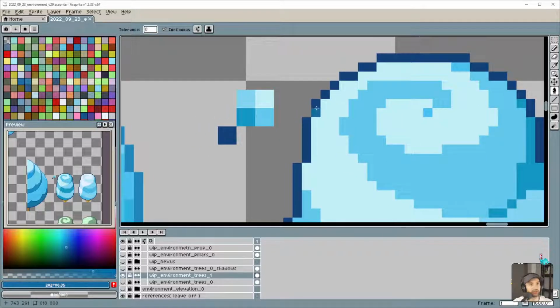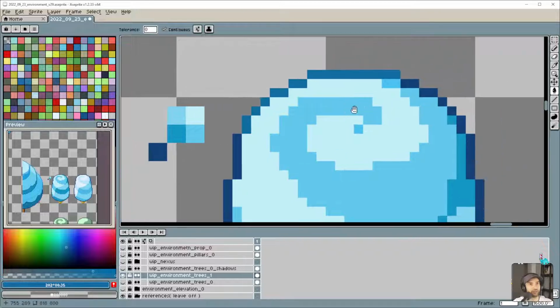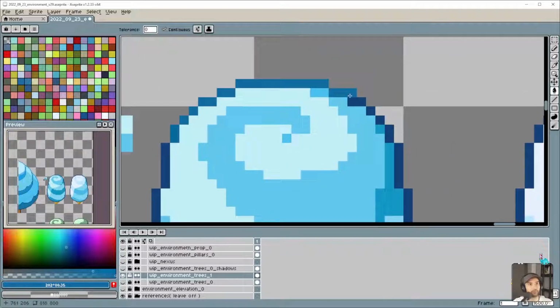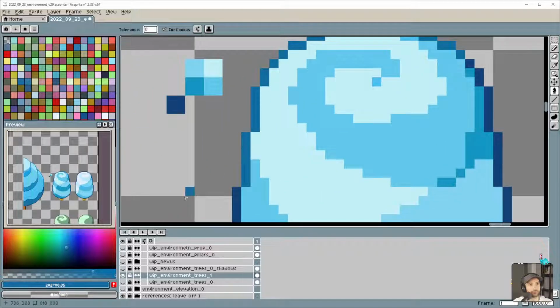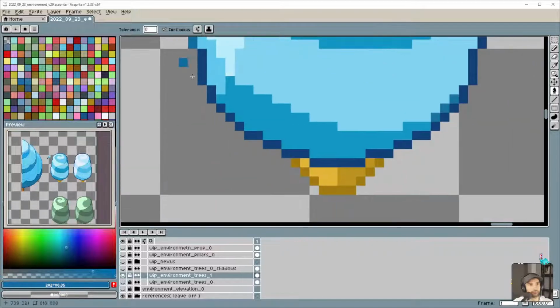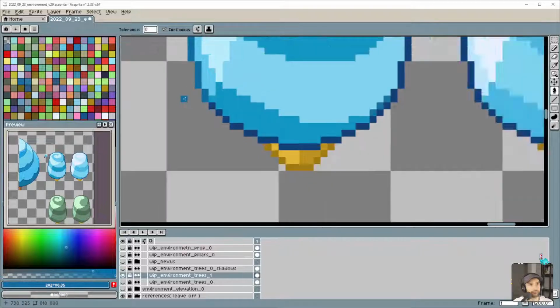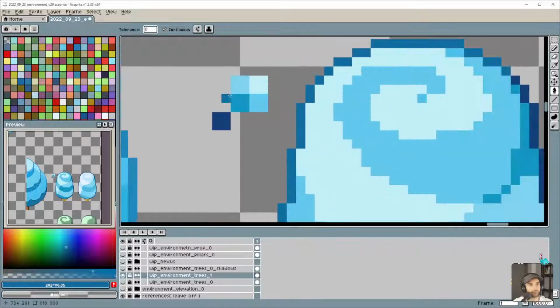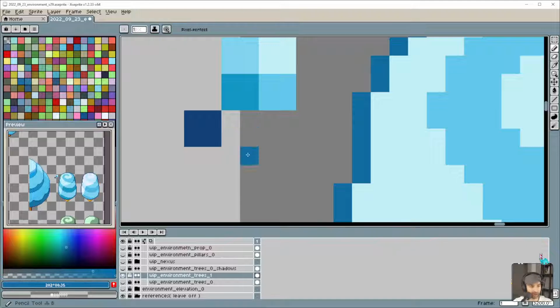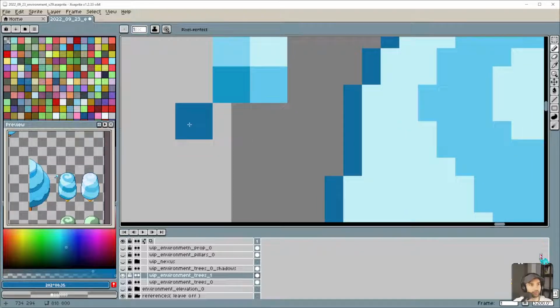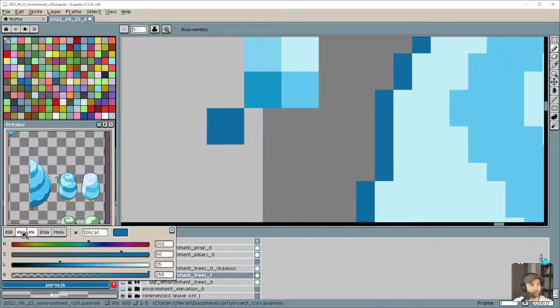So this will be one color of the outline, on the lighter side of it, and then we'll have a second outline that will be slightly darker than this, or quite a bit darker, should I say.